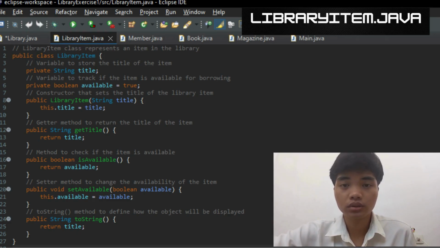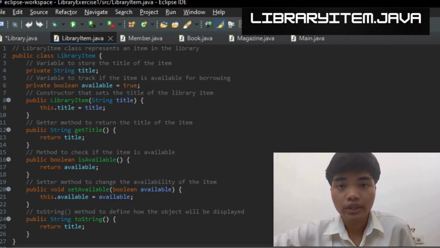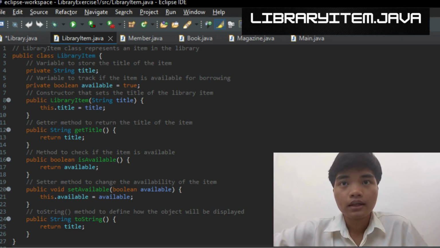Next is the constructor, which runs when a new library item object is created. It receives the title as a parameter and assigns it to the title variable. We also have several methods. The getTitle method returns the title of the item.